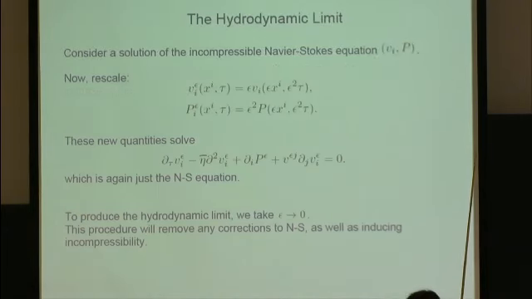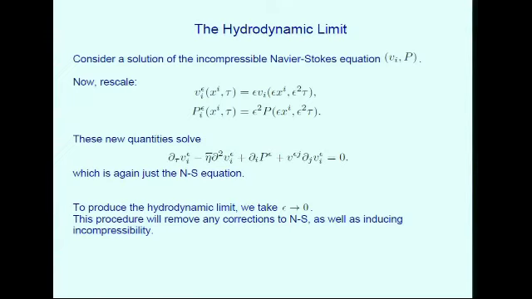Okay, so in addition to imposing these boundary conditions, we also take a limit, and I want to spend a little bit of time discussing why we choose this particular limit, where it comes from. So let's just go back to the pure Navier-Stokes equations and not think about gravity at all for a minute. And let's imagine that I have a solution given by some v_i, some velocity vector field, and some P.